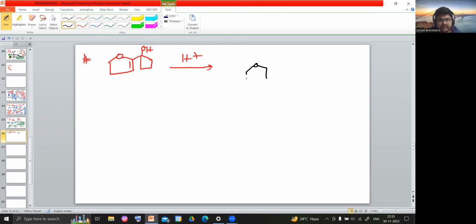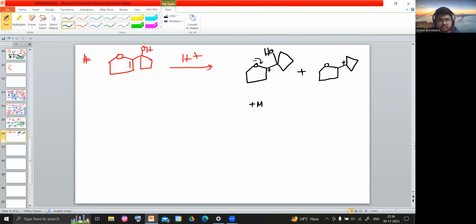So from the alkene, if carbocation is formed, then this will be our carbocation. If the alkene participates in carbocation formation, then this will be the most stable carbocation, and it is stable by, you can see, plus M, plus M stabilization or plus R stabilization. If the OH group takes part in formation of carbocation, then the product is going to be